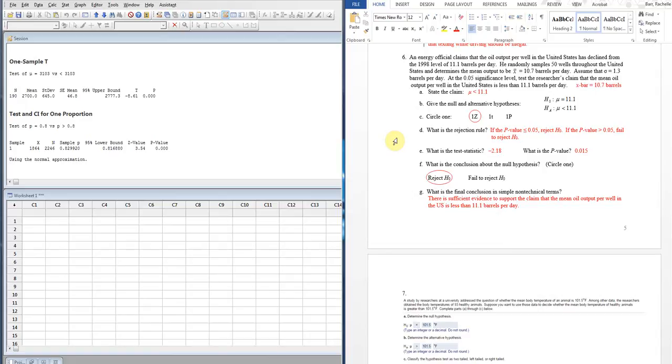11.1 barrels per day. This is very typical. We ask things from the past. Are they still true today? This is a super, super common use of hypothesis testing. So we've got our mean from our 1998 level, which is going to be the one we're testing against, and we've got our sample. So our sample makes up our evidence, our sampling data, and then we've got our claim, and then we'll use that to form our null and alternative hypothesis. Since